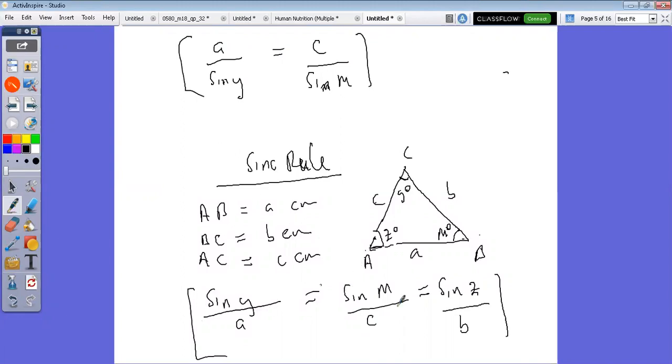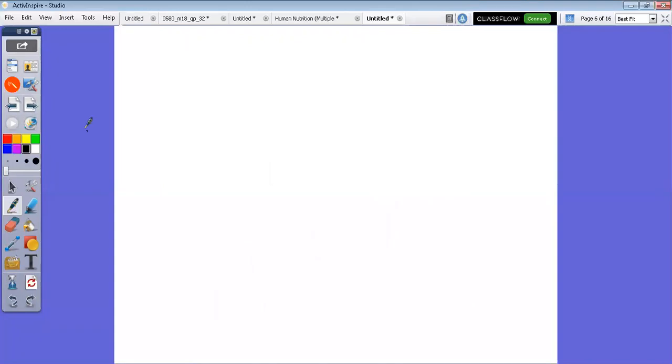All together. So if you are starting with the angle and the side, it's equal to the angle and the side. It has to remain the same. If I am starting with a side like this, and that is equal to the same. All together. Let's just prove it quickly so that it makes sense to you. So let's draw this shape and see how we use sine real quickly. So if we have a shape like this,